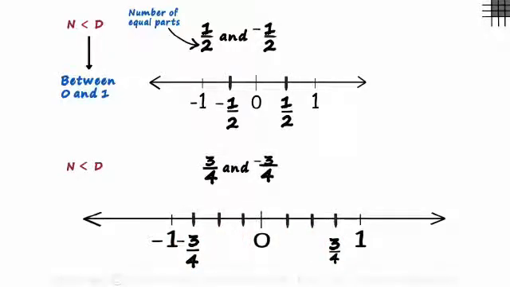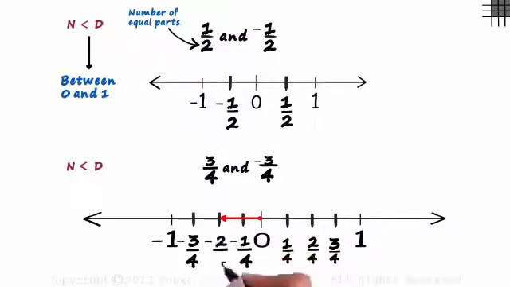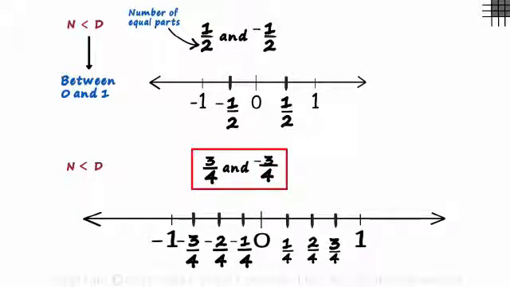Here's your answer. Since this is one part, we mark 1 by 4 here. Since these are two parts, we mark 2 by 4 here. Similarly, we can plot minus 1 by 4 and minus 2 by 4 here. This was just for your understanding, and you don't need to mark all the points if you're asked to mark just 3 by 4 and minus 3 by 4. In the next video, we will look at an example in which the numerator is greater than the denominator.